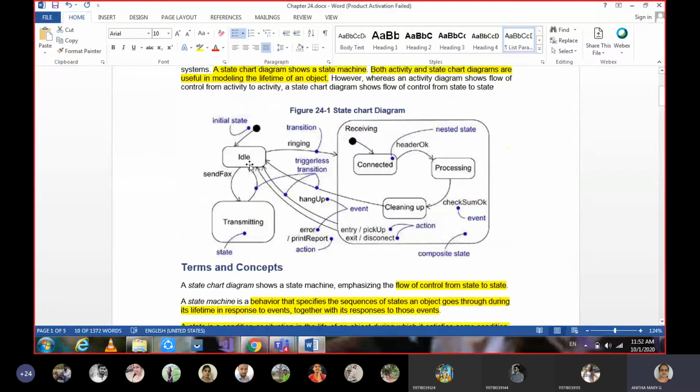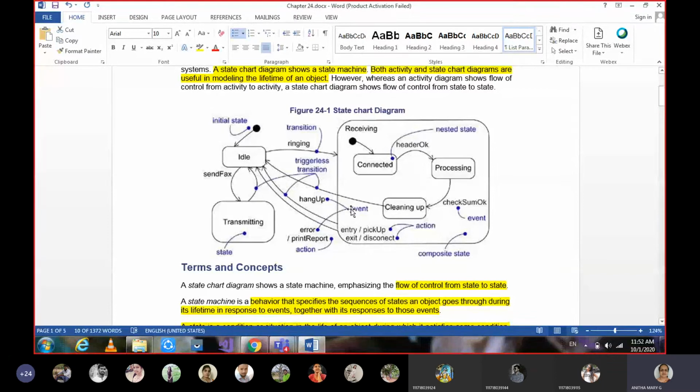states, the simple states which cannot be decomposed, and composite states. And then we have transitions, and these transitions may be either an event, a message or an action.